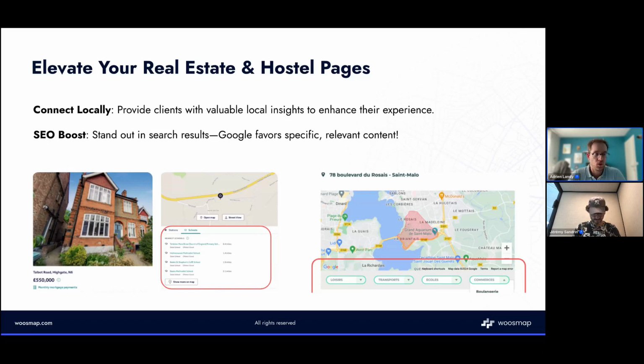When you are looking for your new house, for example, you will have different criteria, such as the price, the area, etc. But it's very important to know which kind of services will be around you, such as transport, train station, airport, and schools, for example. So you can literally feed this real estate offer page thanks to this kind of API,